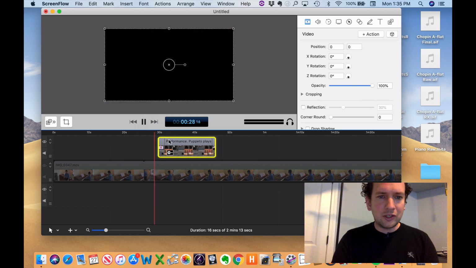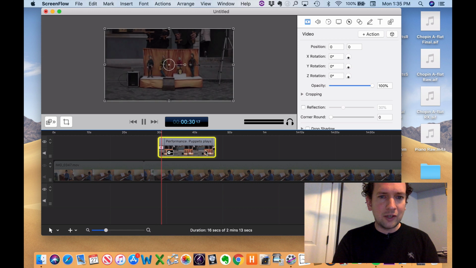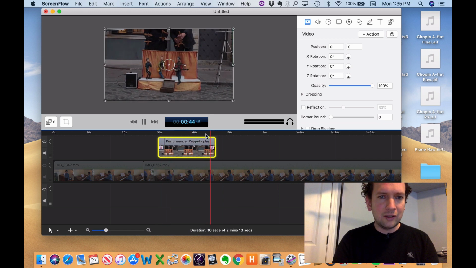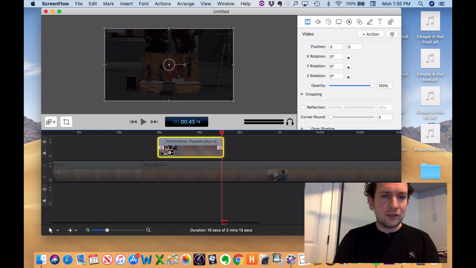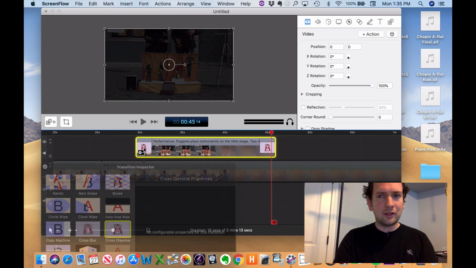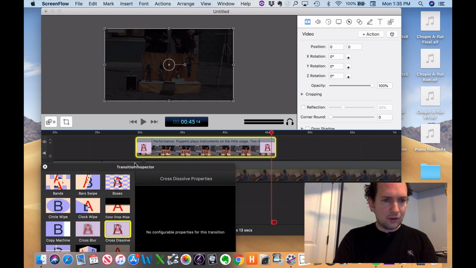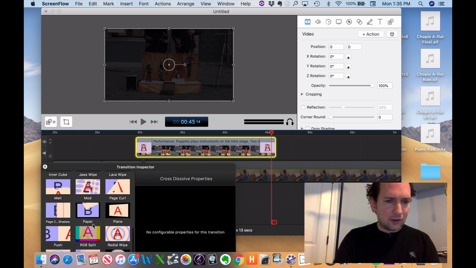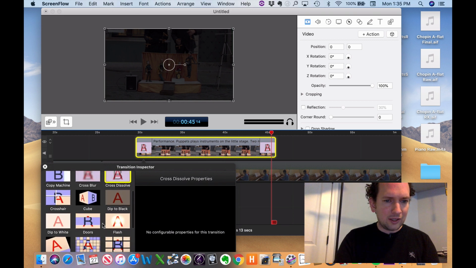So here I have a transition in, gradual fade in, and then at the end I have a gradual fade out. And transitions are designated by these letters, and if you want to change that, all you have to do is double click it. And you have all of these options available to you. It's a little cut off on the screen, but you can select all kinds of transitions in or out or